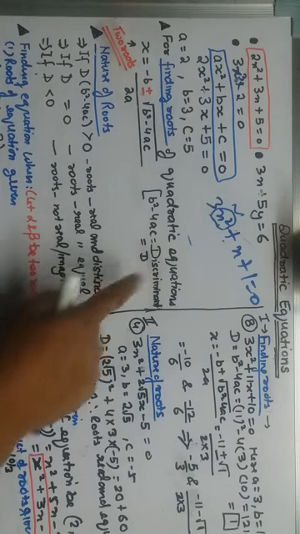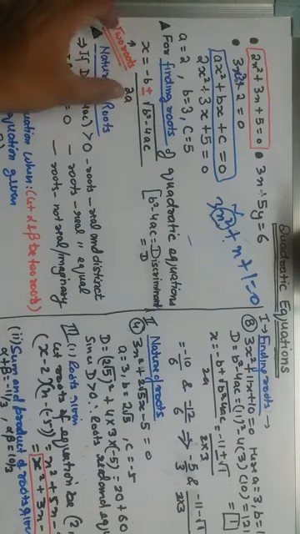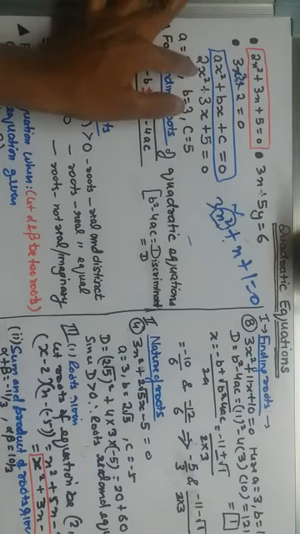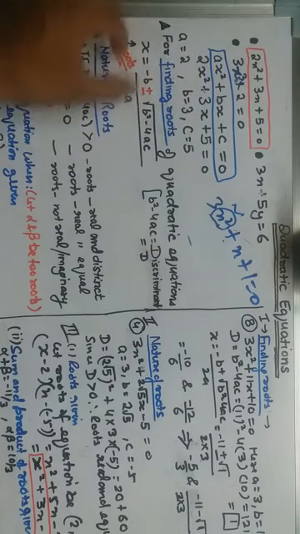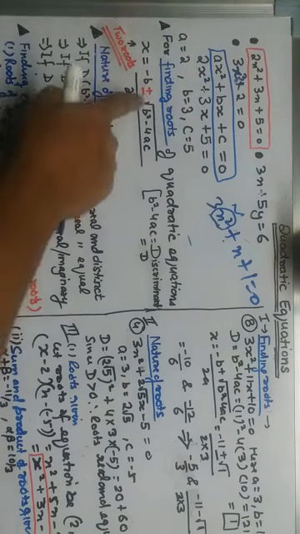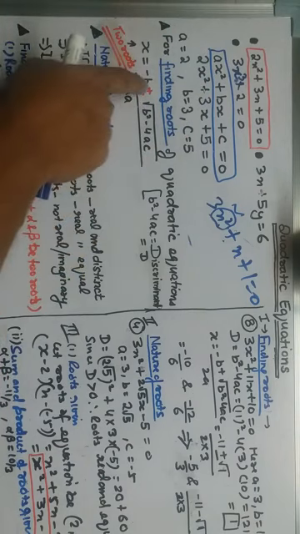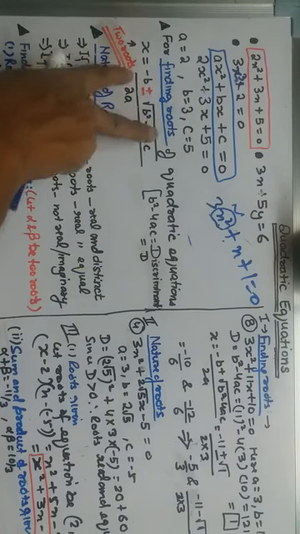Clear? Now next, how to find the nature of roots? You have done this last year also. In the upper point, we saw that we have to find the roots. How many roots are there? If it is a quadratic equation, the power is 2, so we should get 2 roots. From this single formula, how to get 2 roots? Take the plus sign, use the formula, and we get the first root. Now take the negative sign, and we get the second root.